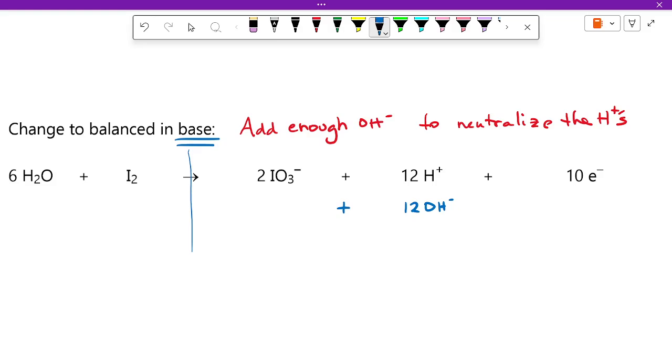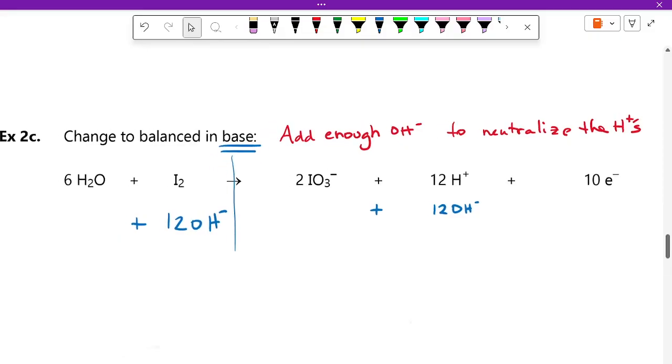It had the same number of atoms of hydrogen and oxygen. It had the same charge on each side. And now what are we doing to it by adding those 12 hydroxides to the right-hand side? We have messed up the balance. So what would we have to do to keep the balance? Add it to both sides. So 12 hydroxide to the other side as well. And then we just